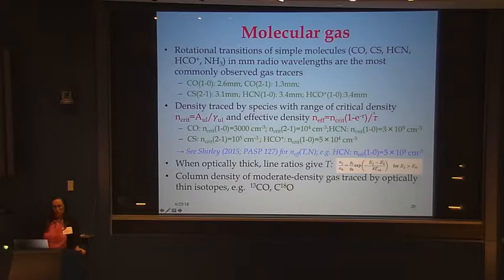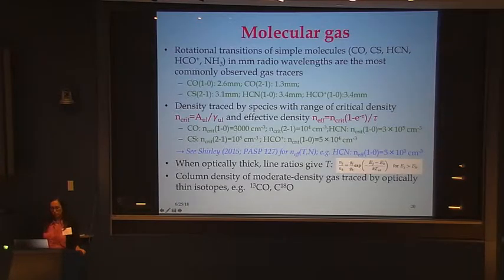So we use what's called an escape probability to reduce this Einstein A by a factor of, as an approximation, (1 minus e to the minus tau) over tau. At low optical depth, that goes to 1. At high optical depth, that goes to 1 over tau. That means the effective density for what you can trace with this transition can be reduced by a factor of tau, which can be quite large. And in particular, some of these transitions are quite optically thick,